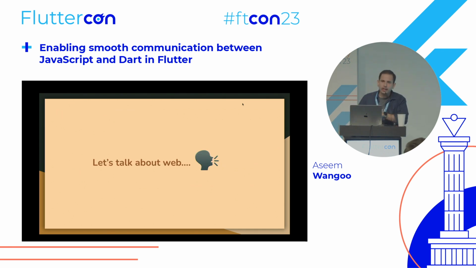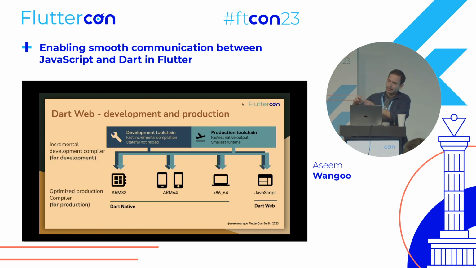Cool. So till now, we were seeing the Dart compiler as an overview. Then we saw Dart native, which is for the apps targeting native platforms. And now let's talk about web. Another same diagram again. So for Dart web also, we have two types of workflows. The first is the development workflow, and the second is the production workflow,